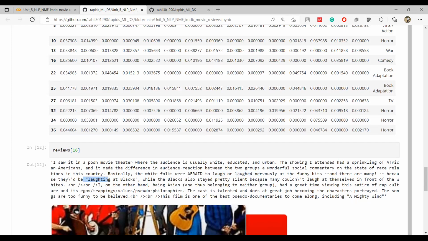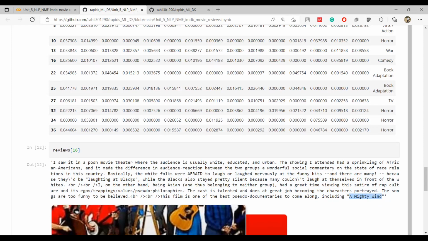Laugh is being used again and again, right? It is also saying that this film is one of the best pseudo documentaries to come along, including A Mighty Wind. We don't know the movie name from this comment, but we do know that the person is saying that this movie is similar to A Mighty Wind